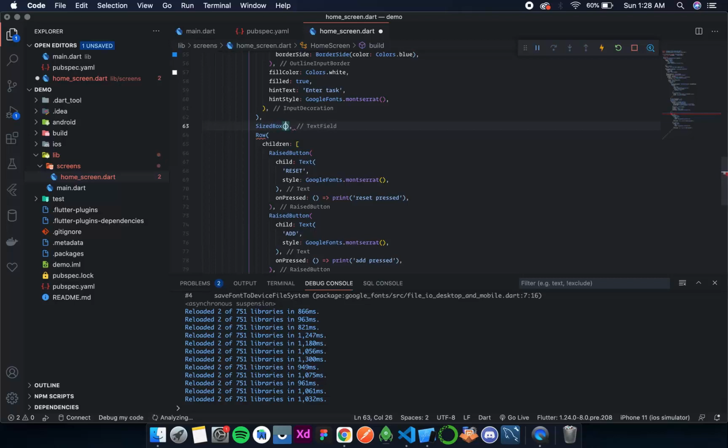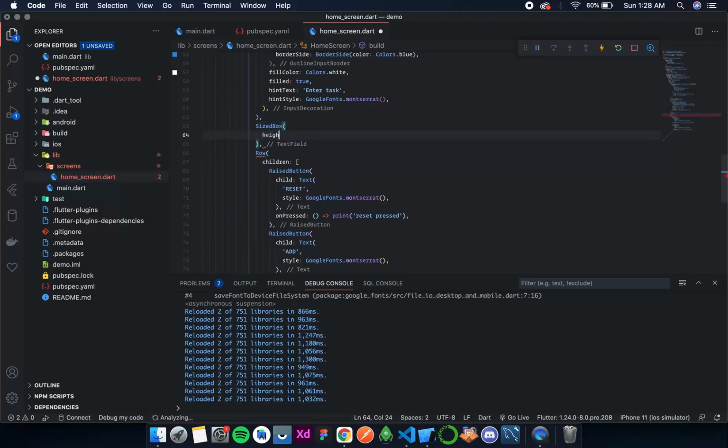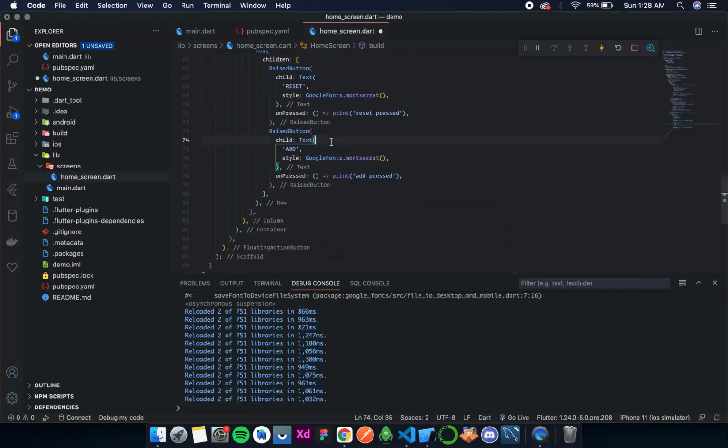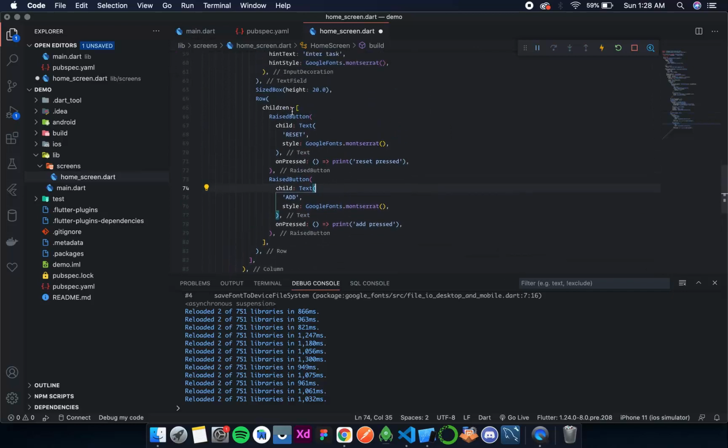Sized box, a height of 20 would do. Now let's fix this. So how do we fix this? Well, there are two methods, I'll say.